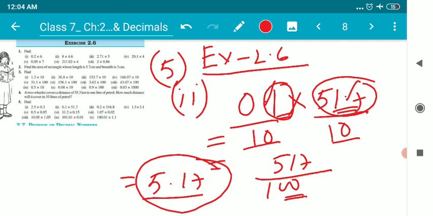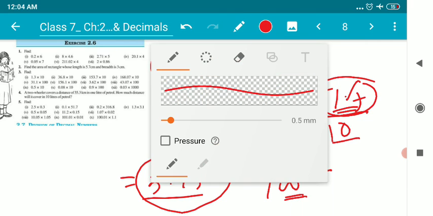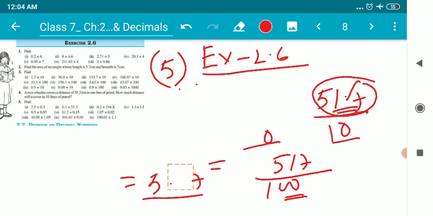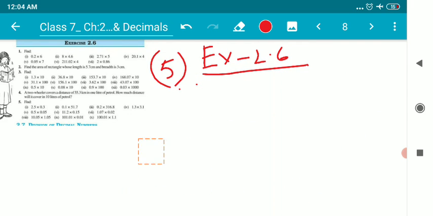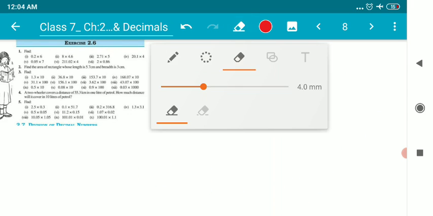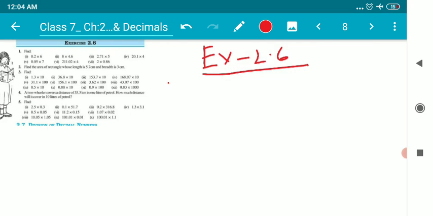Children, question number 3, 4, 5, 6 are all similar to solve. Let me show you a slightly different question, number 9. Although the similar process will be used and the process will remain the same, the size of the question is a bit bigger. Question number 9 is about 101.01 into